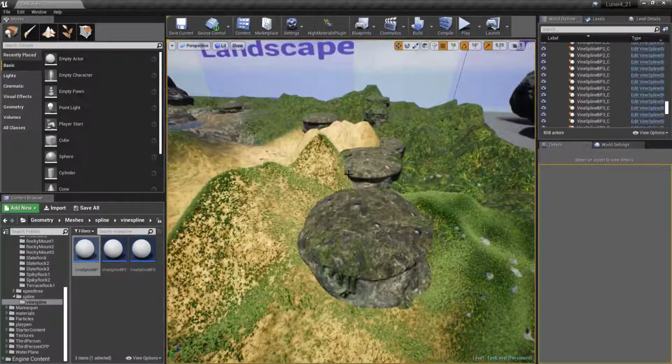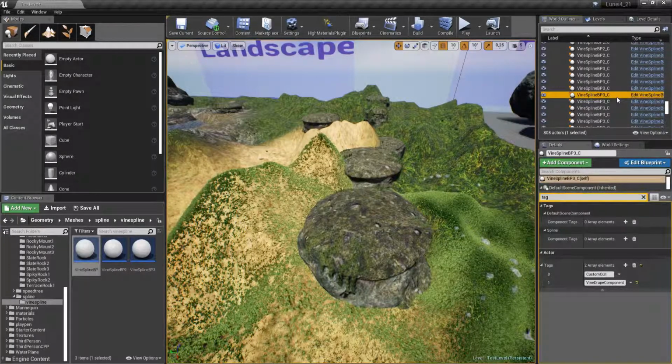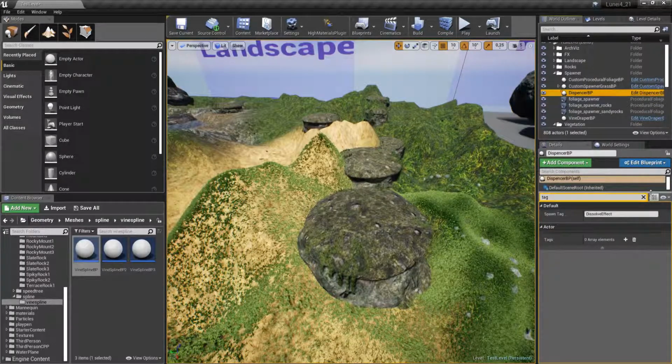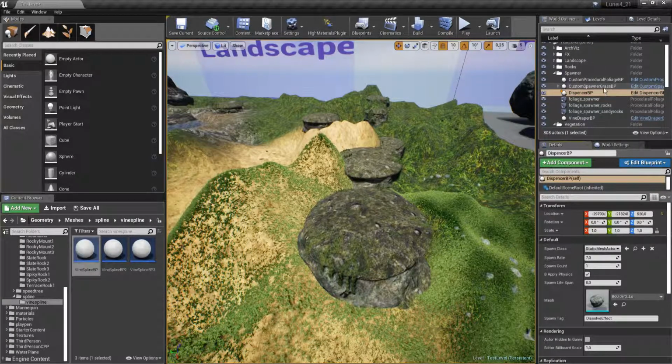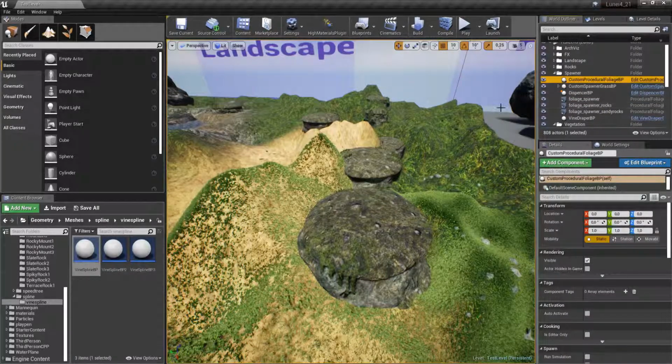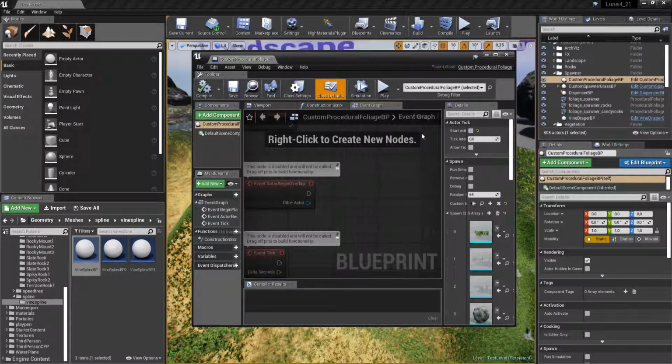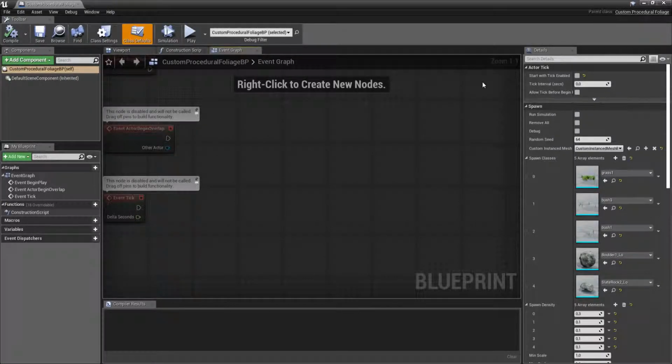And then there's one more tool. One more important tool from our procedural foliage set, and we actually just call this custom procedural foliage. Now this works very similar, except it's not as optimized, or it doesn't use the same algorithms as the procedural foliage spawner, but it works in the same way that it uses